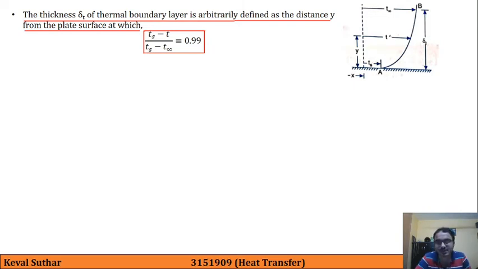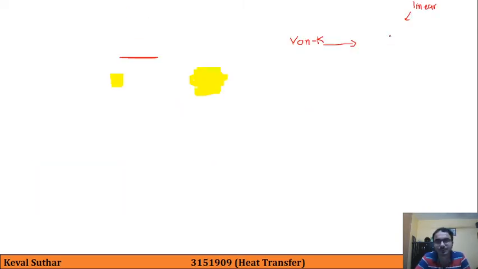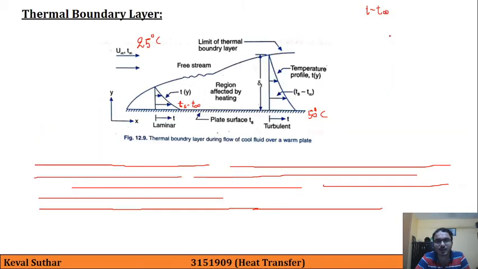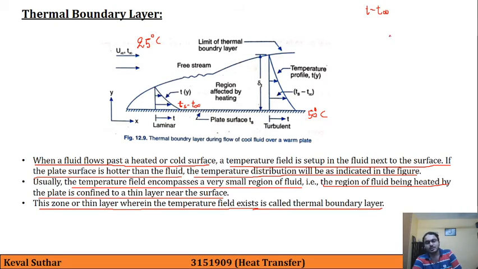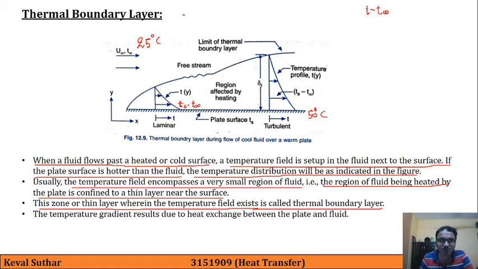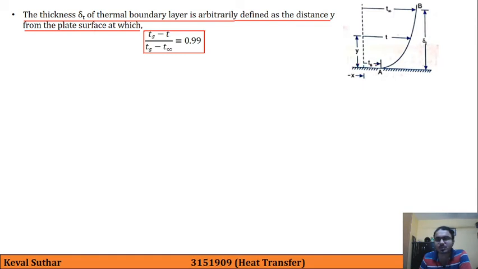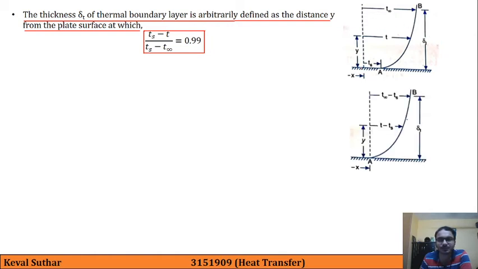Now, in our previous case, the plate was hot and the fluid was cooled. Now we are seeing a reverse thing over here, that the plate is cold and the fluid is hot. So exactly a reverse kind of curve we are observing here, that T infinity is more than Ts and the remaining are the given temperature T.